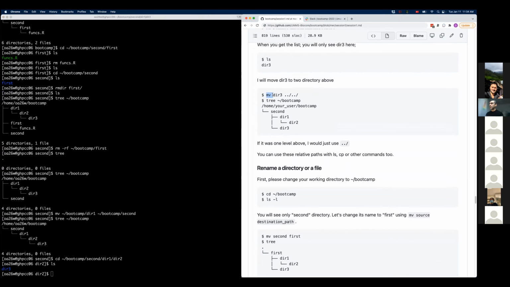And move dir 3. If you remember, 2 dots means the parent. So the parent is dir 2. But that wouldn't make any sense, right? This is already in dir 2. So if we want to move it 1 level up, we would do / and then the parent of that. So that.